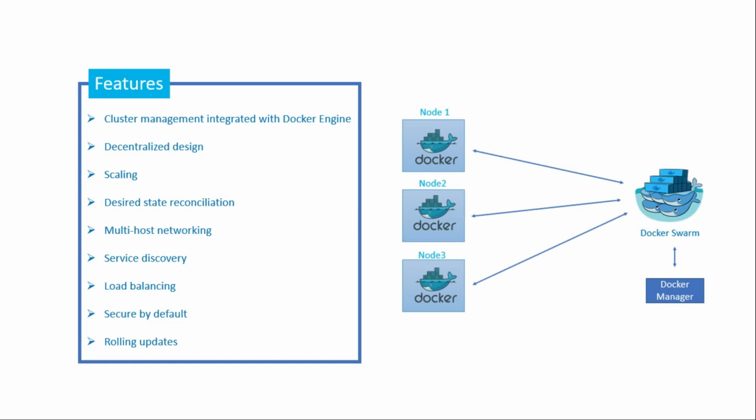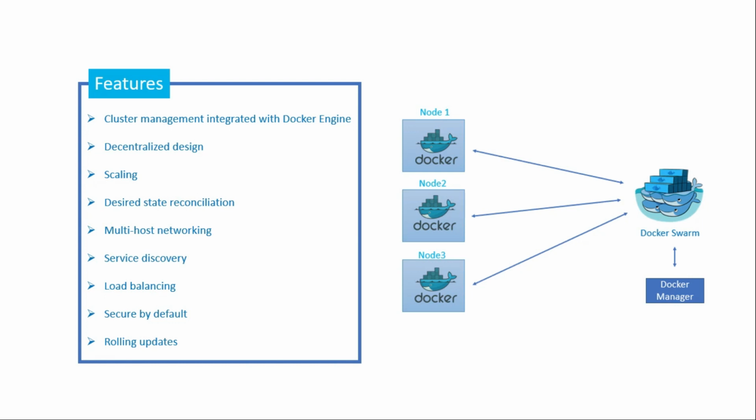Actually, Docker Swarm works on the desired state. Suppose you have three containers, and your traffic becomes higher than three containers can handle. Docker Swarm has the facility to auto scale your Docker container count. Suppose you have three containers and they can't manage all this traffic, so it automatically creates containers 4 and 5 as per the needs of traffic, and when you don't need that many Docker containers, it will automatically scale down.